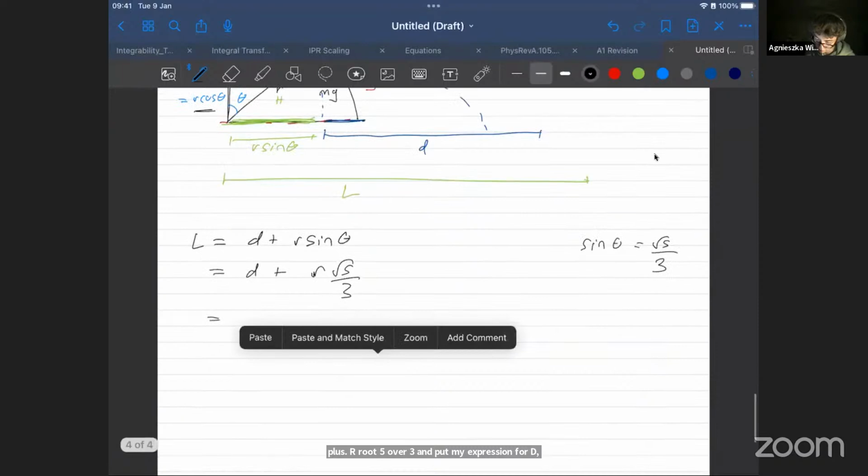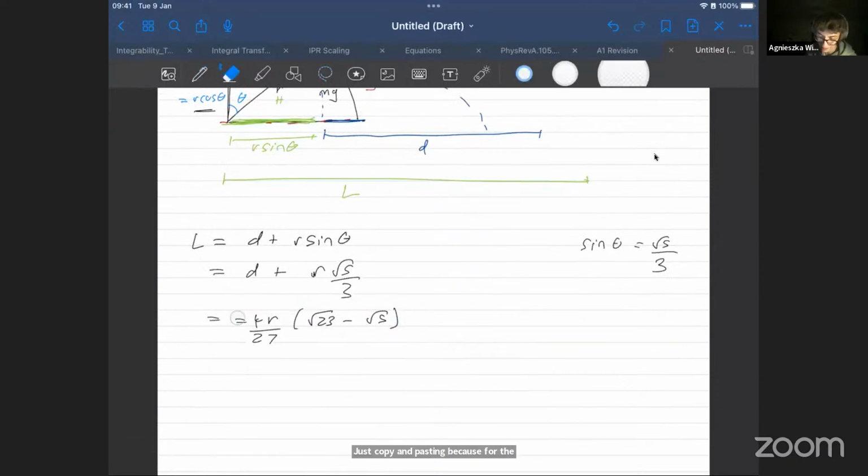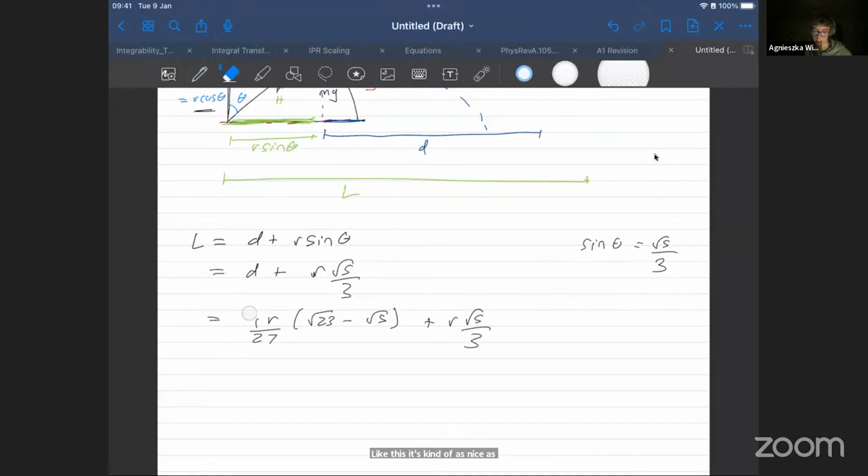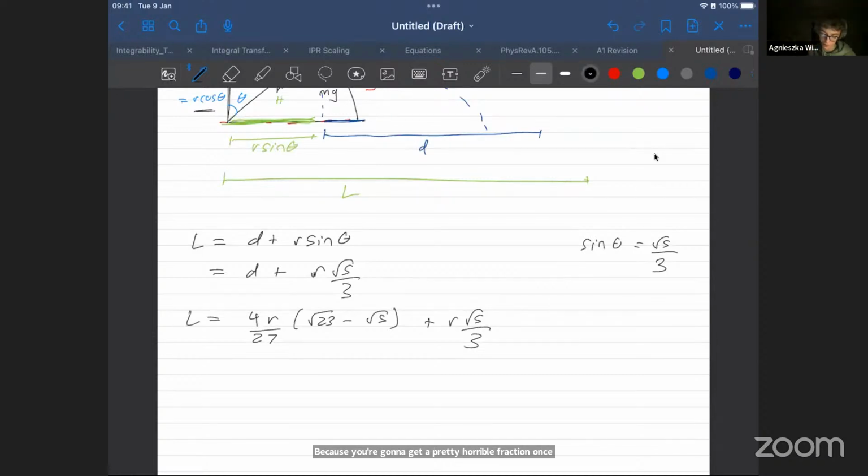Just copy and pasting, for the sake of conserving my energy, plus r root 5 over 3, and adding them together, I get my final solution. There's not really anything nicer; that is the nicest solution you're going to get, because you're going to get a pretty horrible fraction once you add the 1 over 27 and 1 over 3. But that is the final answer of how